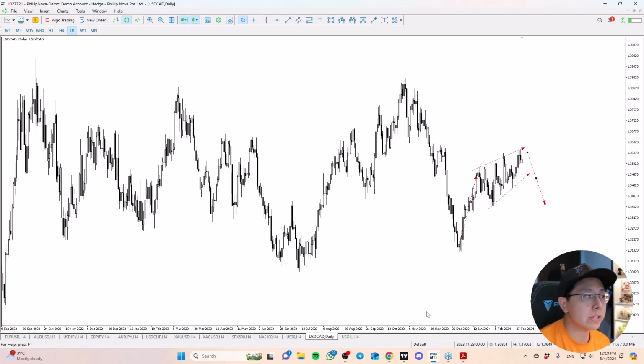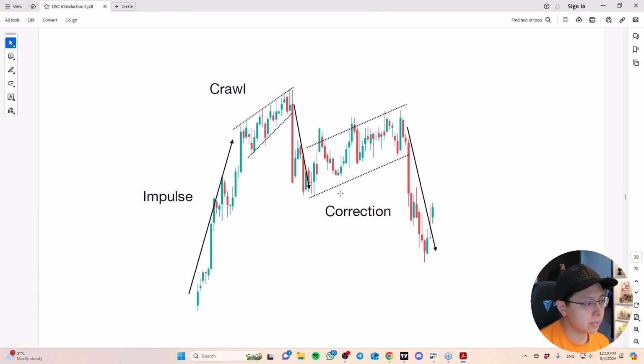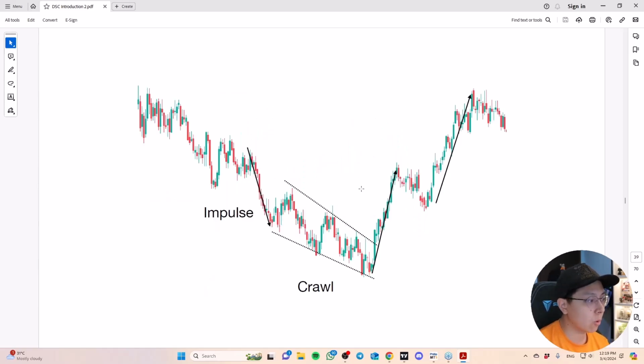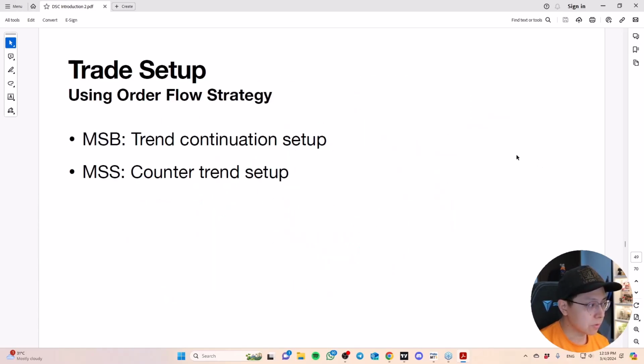And again, Elliott wave itself, if you put it into its simplest form, its essence, is really about pattern recognition. So that's the impulse crawl again. These slides here I will just scroll through quickly, just to show you some of the examples of drawings, right? Again, you can see a combination of impulse crawl, a reversal, impulse correction, and therefore a continuation after that. These are just examples of things. So that's a direction. As I said, there are a lot of ways you can determine direction. For me, I use the Elliott wave principles to help me identify it.